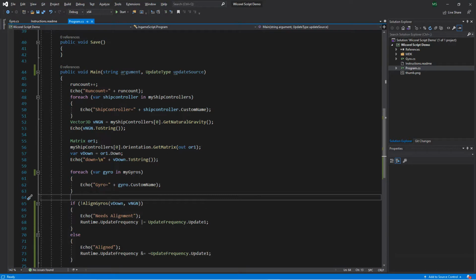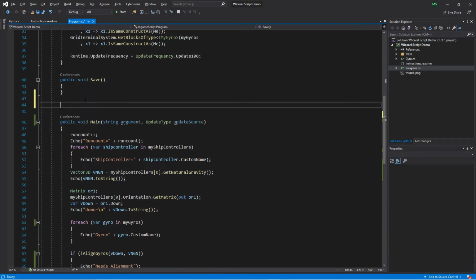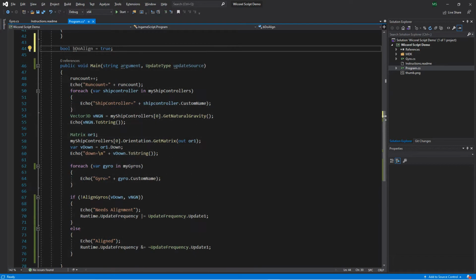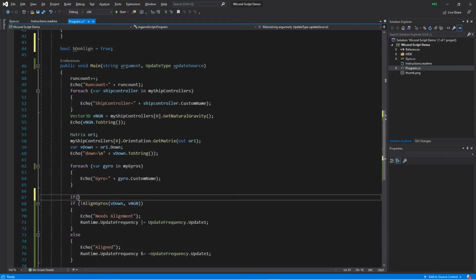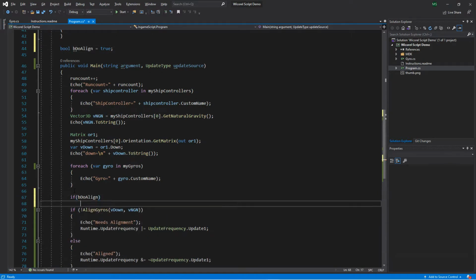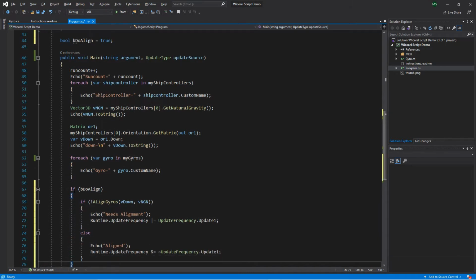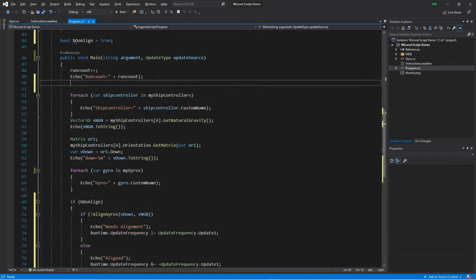So here we are, it's running and it's just doing this each time. So what if we added something to control that? We'll create an alignment Boolean, and default that to true because we by default want to do it. So now only do it when that's set, but now we need a way to set it and unset it. So what we can do is